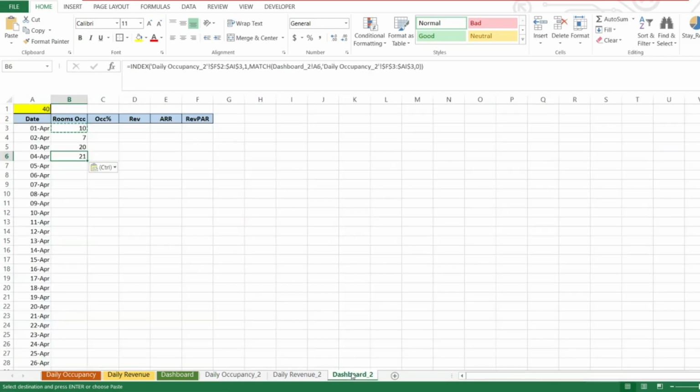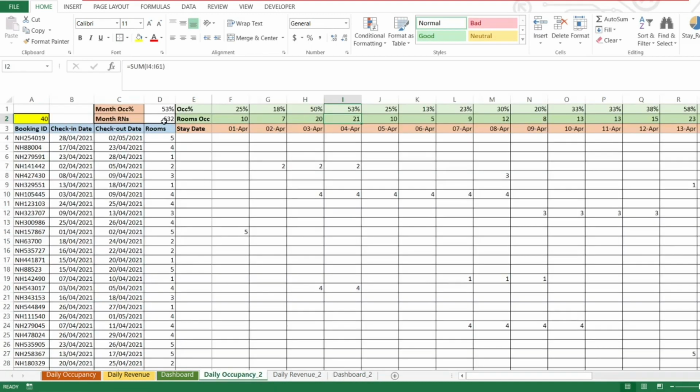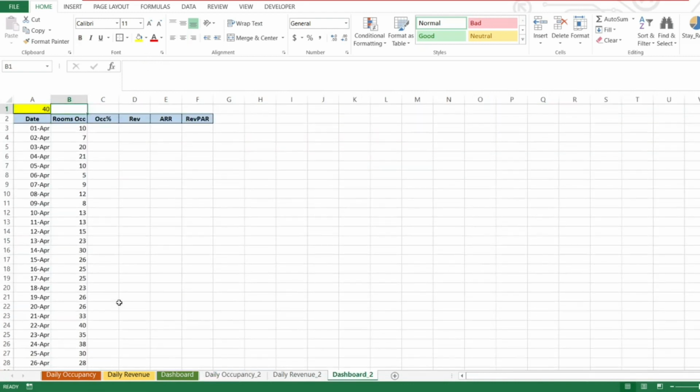So we're going to paste this formula over the entire stay rate range, and we're going to get the results. Okay, here we do. Let's verify this by doing a sum. We'll do a sum over here, and we have 632 room nights, which is exactly the room nights which were calculated in this sheet. Okay, pretty self-explanatory.